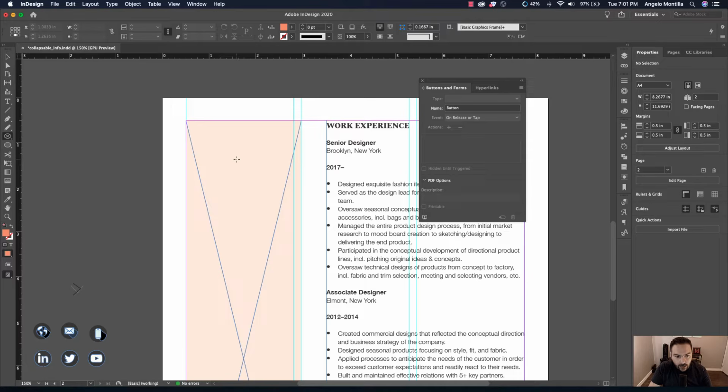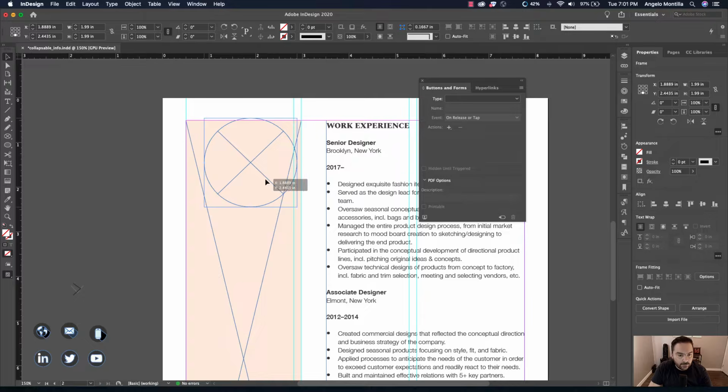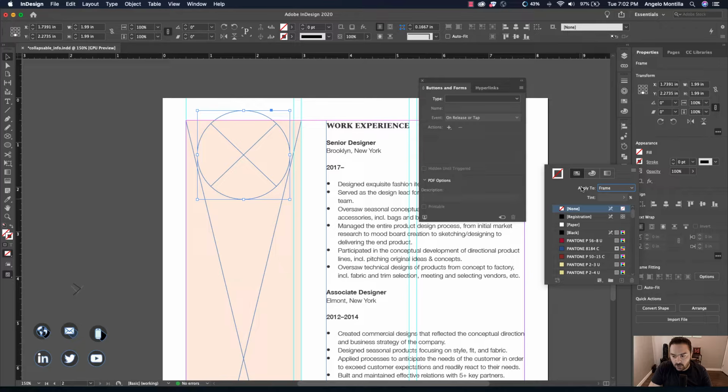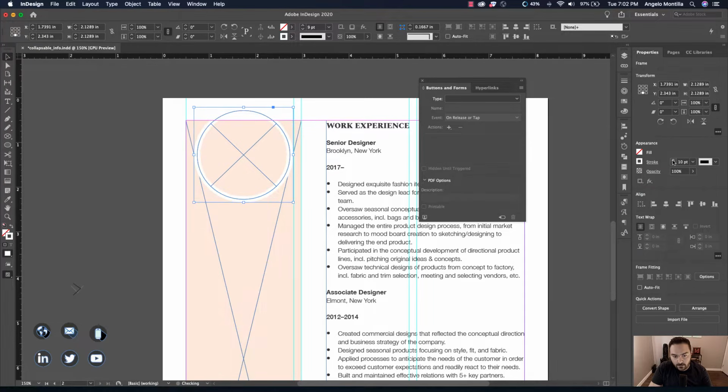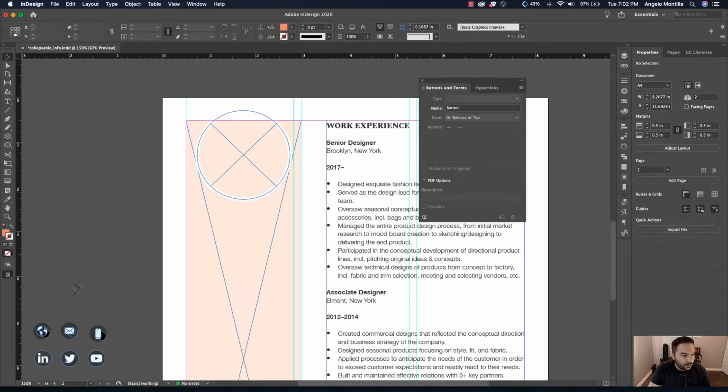When you're drawing out your ellipse, hold down your shift key and you'll get a perfect circle. If you don't, then it's just going to kind of be out of proportion there. So hold your shift key and you'll get a perfect circle, and that's good. I'm just gonna hang it over this frame, and I'm gonna give it a stroke of about maybe 6 for now, and that could be changed. Actually, 6 is good. And then I have an image here I'm just going to drag in. Perfect.